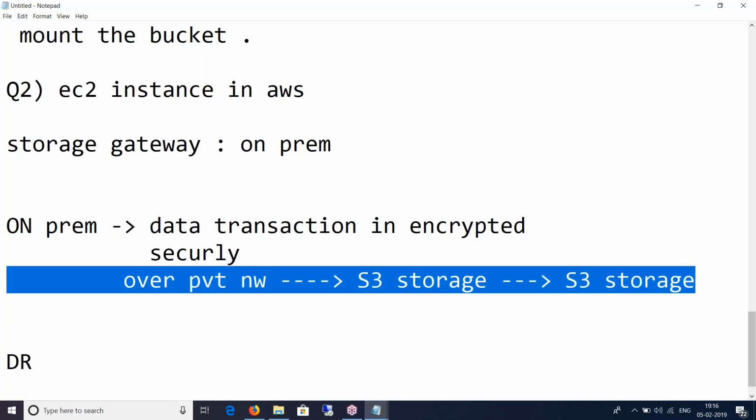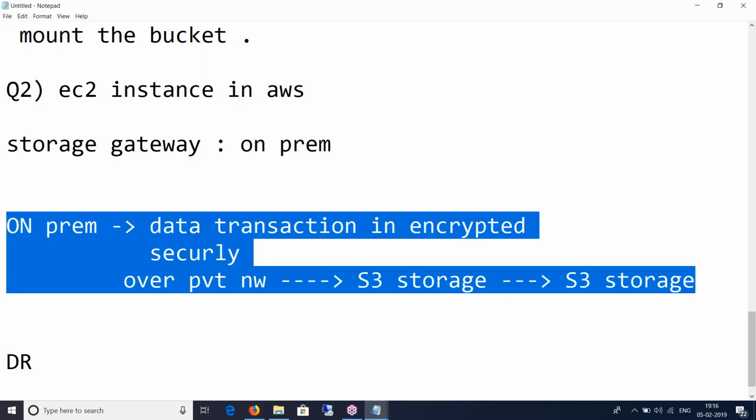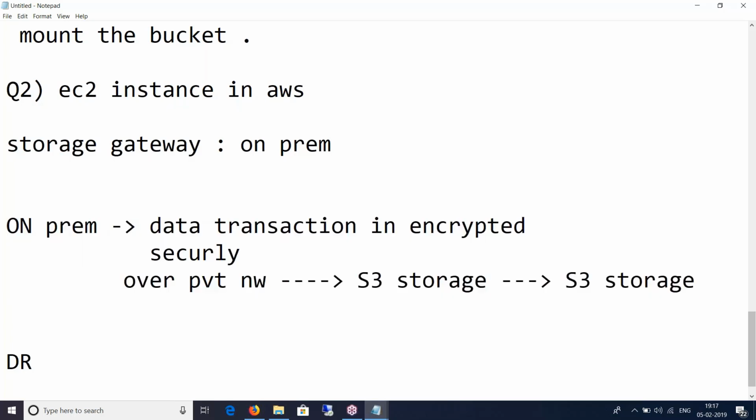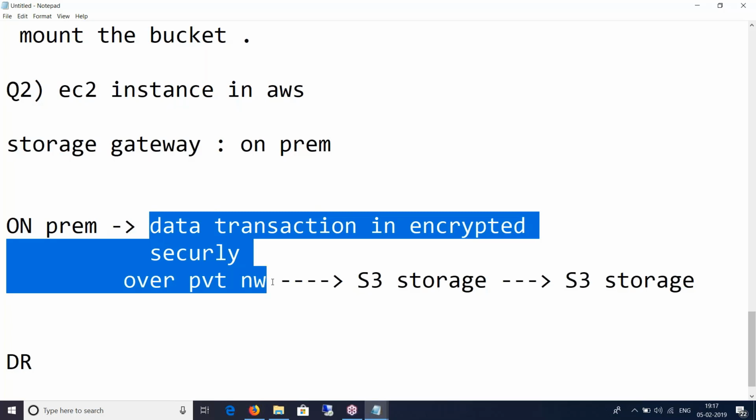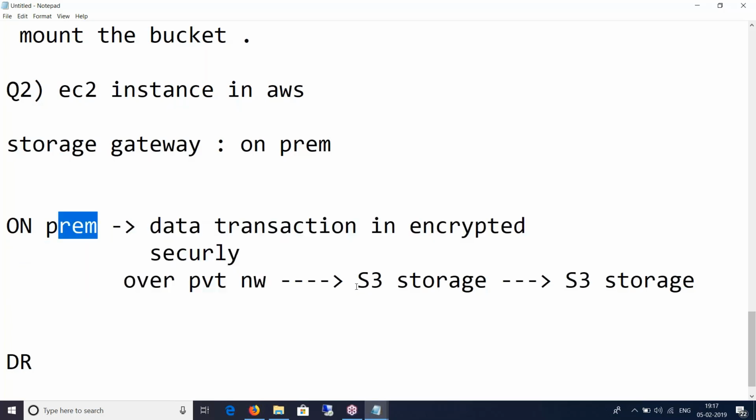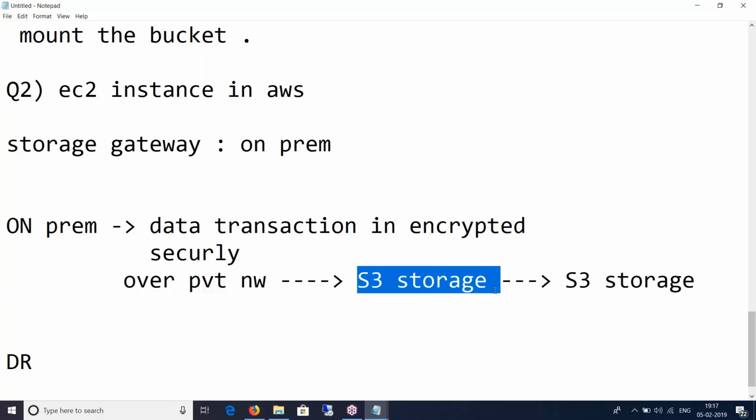Till this point, we were talking about just the DR section, where I have a very basic setup, created a storage gateway between on-premise and the storage in AWS called S3, and data just asynchronously gets replicated from point A to point B, point A being on-prem and point B being S3 storage.